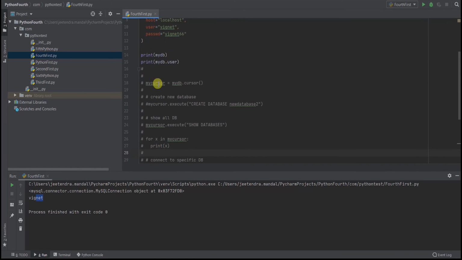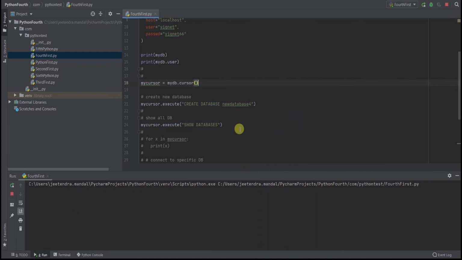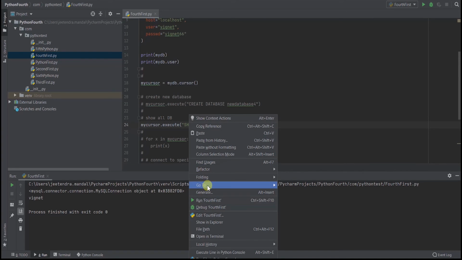Now I'll try to create a new database, database 4, and I'll see whether the new database that I'm creating gets created or not. If I run it, the MySQL connector runs. Why is it not showing the database connection?